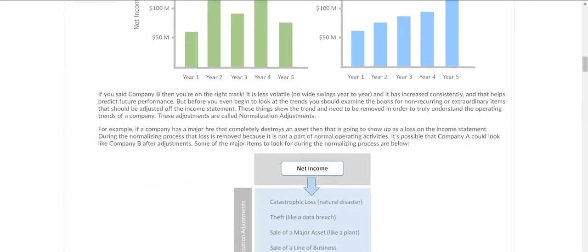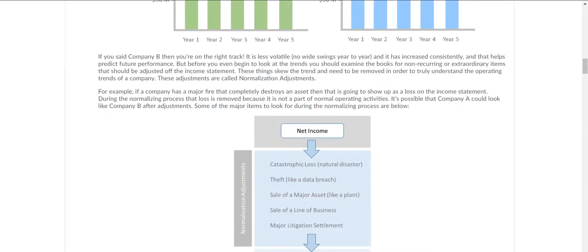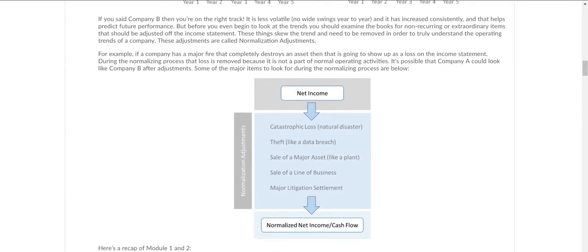All right. The other main topic this week is going to be normalization adjustments. Now, as a valuation analyst, you're trying to look at the historical performance of a company and compare it to other like companies. But in order to do that, you have to make adjustments to normalize it to make it comparable